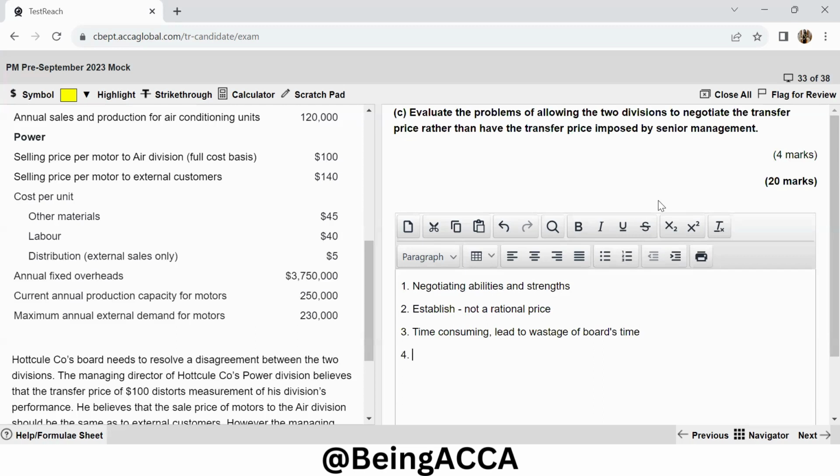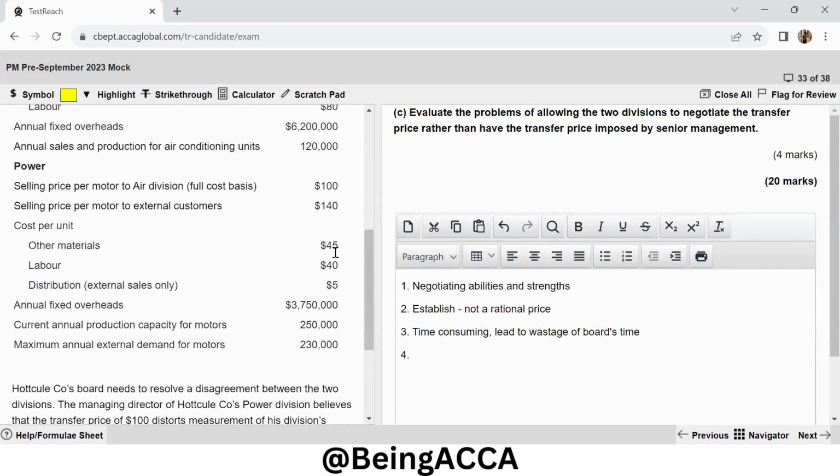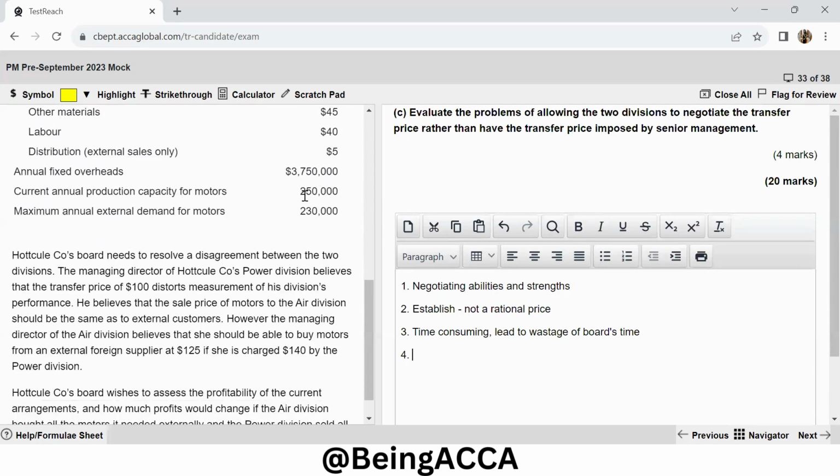The next problem that can be faced over here is that whatever the negotiated price will be, maybe the power division's management will be unhappy because air is paying less than the market price, because the market price is 125, or the power division is already selling at 140 externally. So they would not want to settle for a price lower than this. And maybe because of this, the managers will feel that their performance is not being measured correctly. Managers may not be satisfied with the way